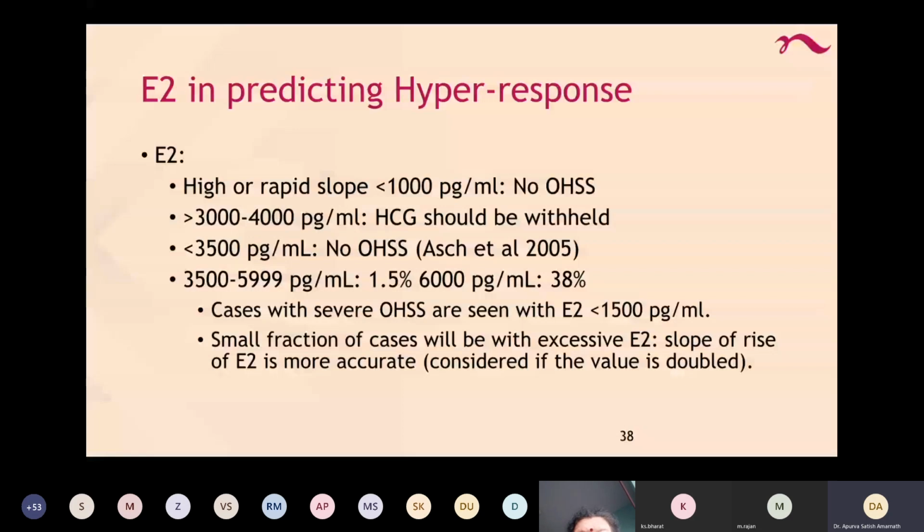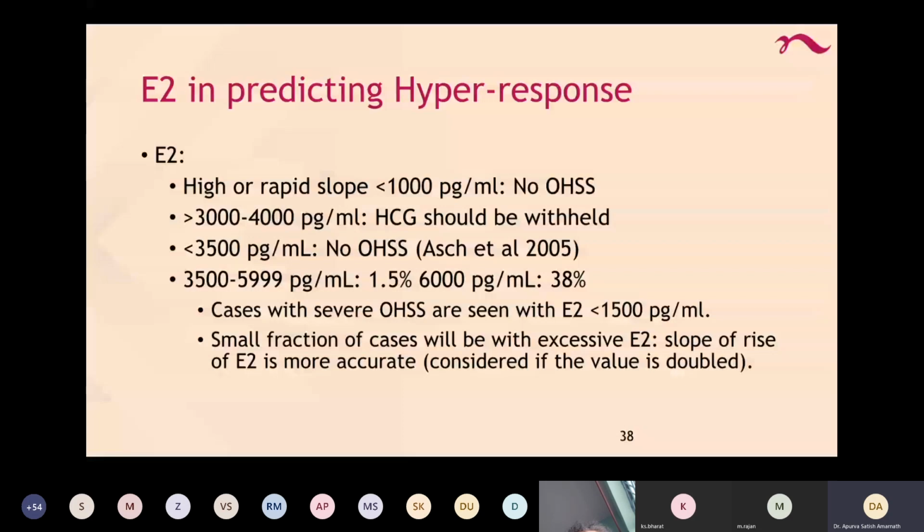It is more important that the number of follicles is documented, because we commonly see in clinical practice that the E2 does not correspond to the number of follicles that are present. So the ovarian picture should be a deciding factor in deciding what trigger needs to be given, because we are looking at OHSS-free clinics from now on.